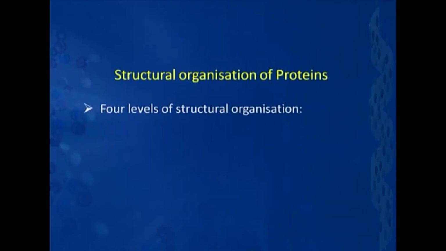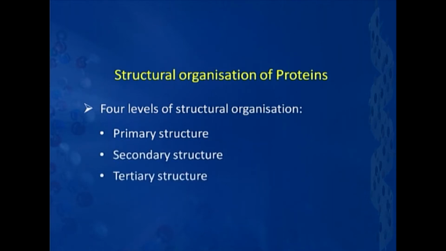Okay. Having talked about the classification of proteins, let us now move on to the structural organization of proteins, because proteins come in a wide variety of shapes and structures. In terms of organization, typically there are 4 different levels of structural organization. They are referred to as the primary structure, that is the first level of organization of protein structure. The next is the secondary structure. The third one happens to be tertiary, and the fourth one is quaternary structure. So that is how the hierarchy goes: primary, secondary, tertiary and quaternary structures.